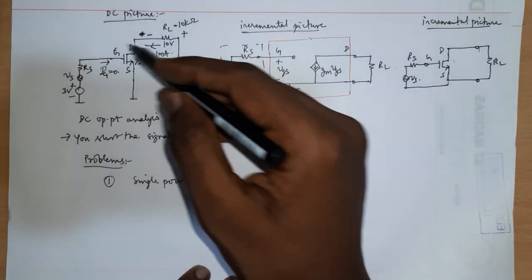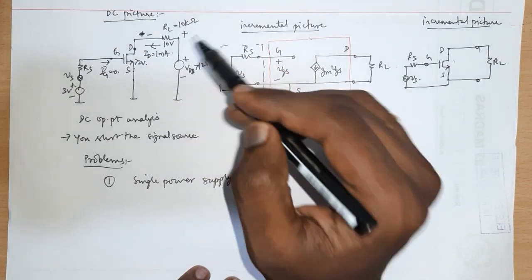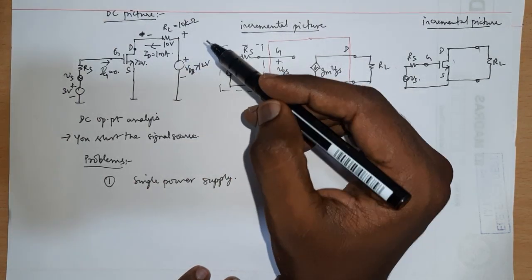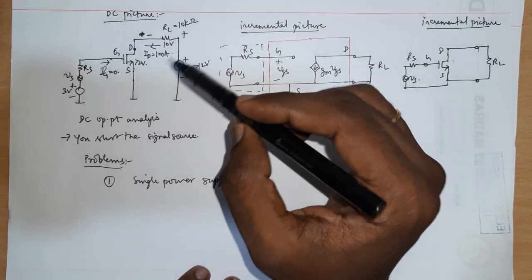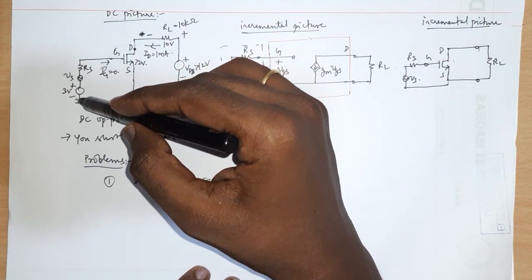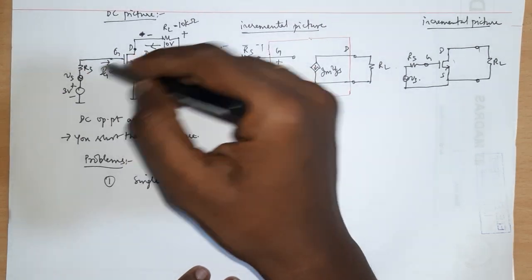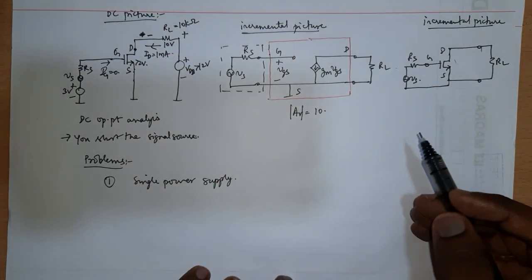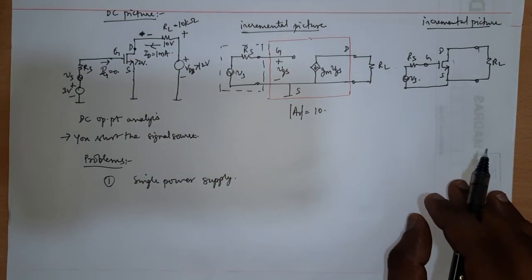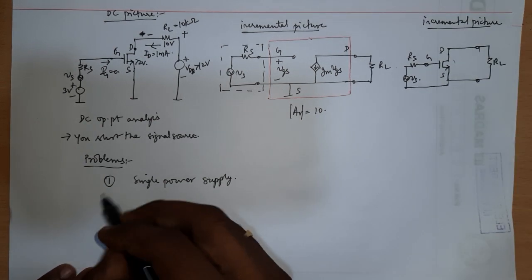So certainly this configuration is not valid anymore. If I make the constraint that I have only single supply voltage, I don't have the freedom to access 3 volt somewhere and 12 volt somewhere here. So this configuration will not be valid. There should be some changes, and we will see what. Okay, second constraint is that,